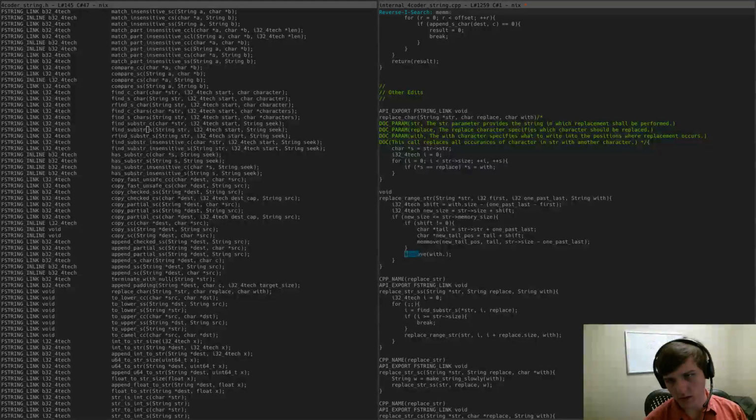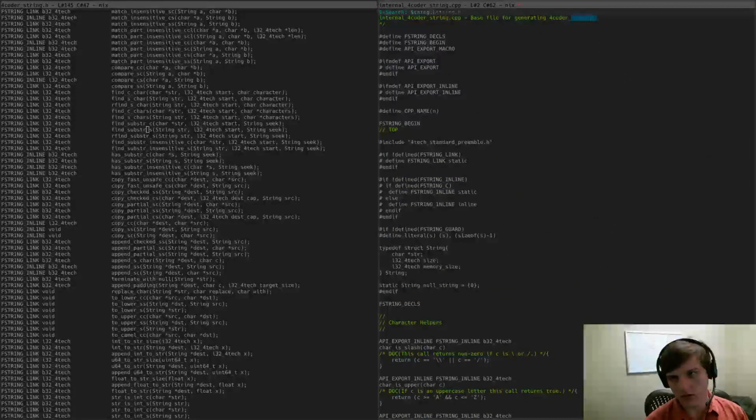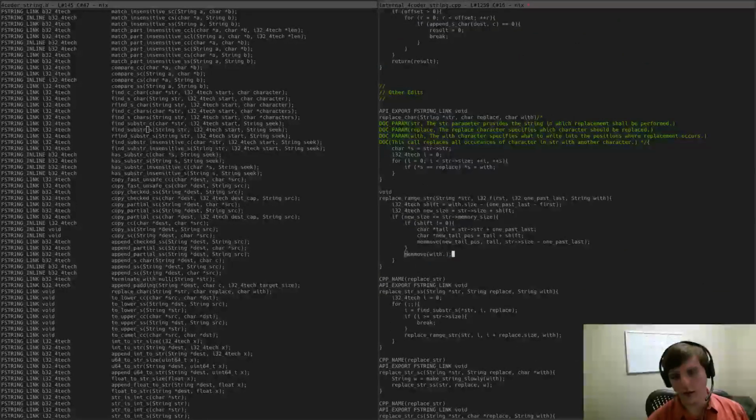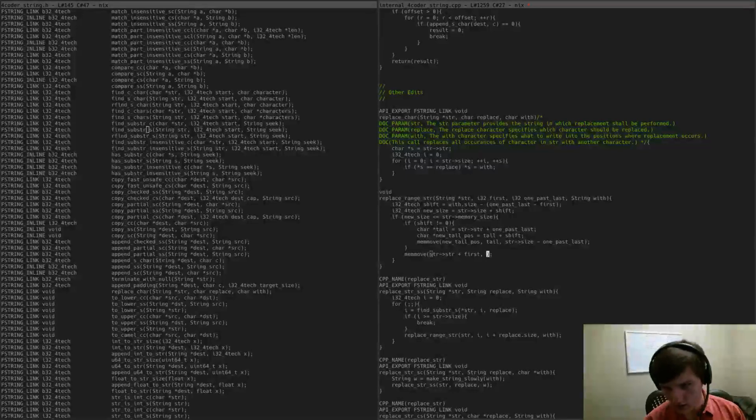Now, am I using mem move in other places around here? No. What do I use for that? Do I use mem copy? Do I use string.h at all? No. Okay, so what I have to do is going to be worse than this because I can't use mem move, but let me get this working first. So then I'm going to mem move into string first with dot string with dot size. Okay, now